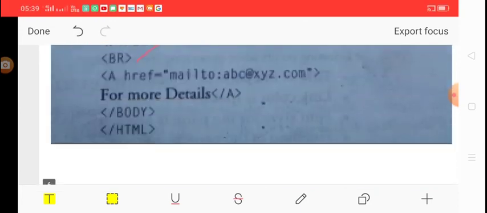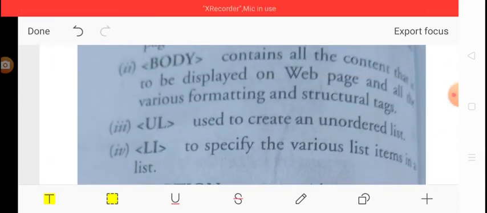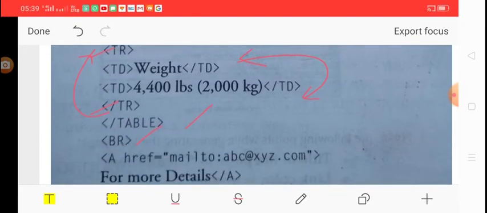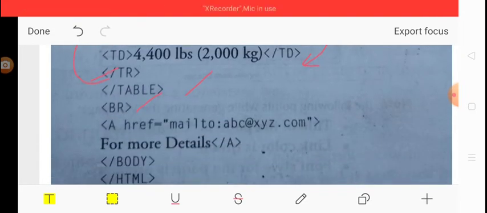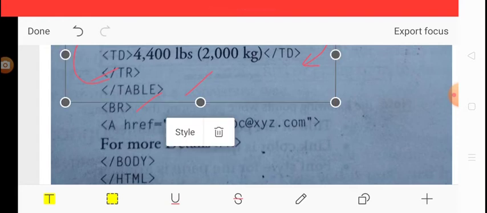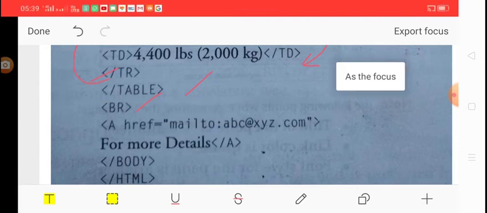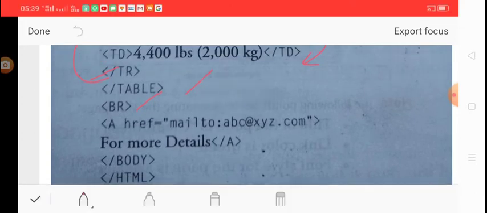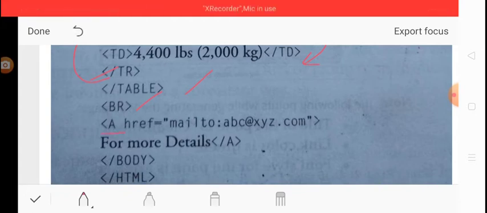And the detail of the link is given in the question. So first of all, the link should be given with the anchor tag. So the anchor tag is used, and the link name is For more details, so we just write within the anchor tag For more details.